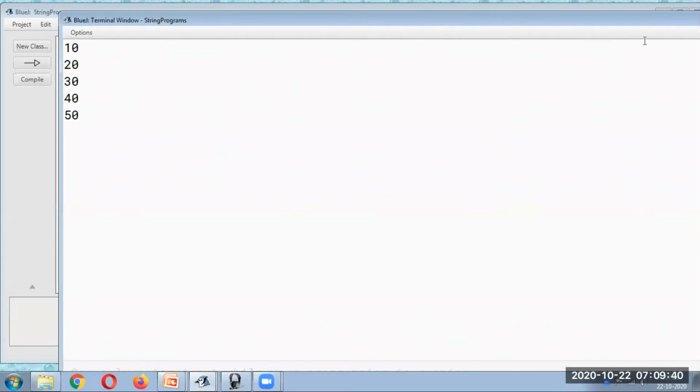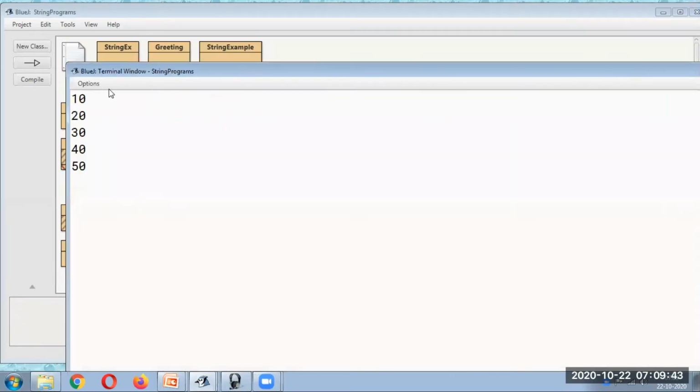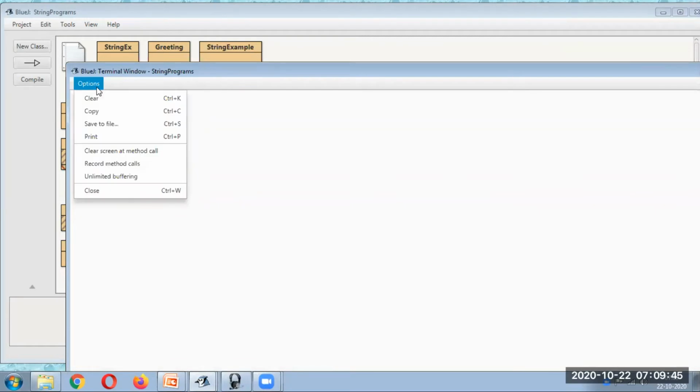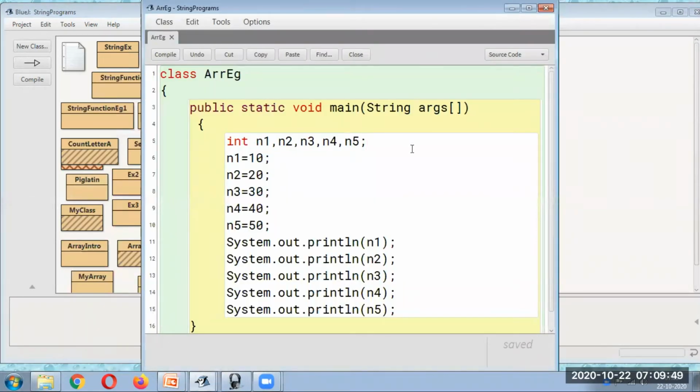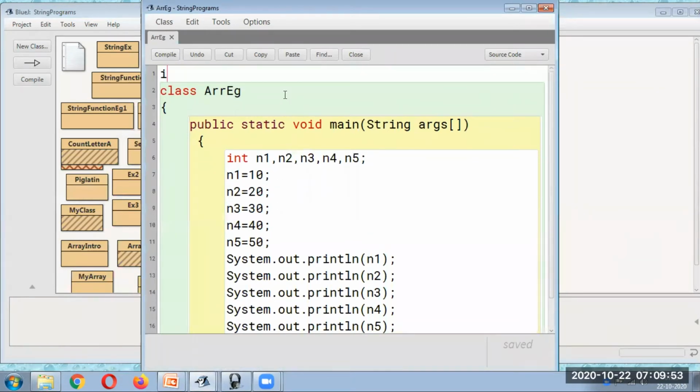If I want to accept the input from the user, I can add a Scanner class over here. I'll change the same program so that it is clear why we are making use of an array. So if I want to use the Scanner class to import the data from the user, I would say import java.